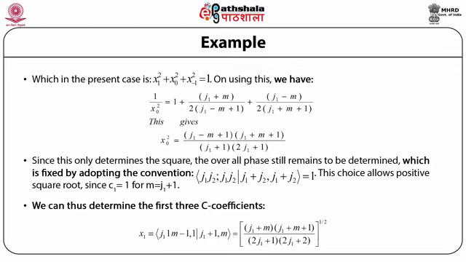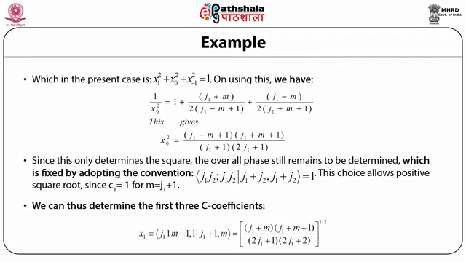Then, using this relation, we have 1 upon x0 square is equal to 1 plus (j1 plus m) upon twice (j1 minus m plus 1) plus (j1 minus m) upon twice (j1 plus m plus 1),